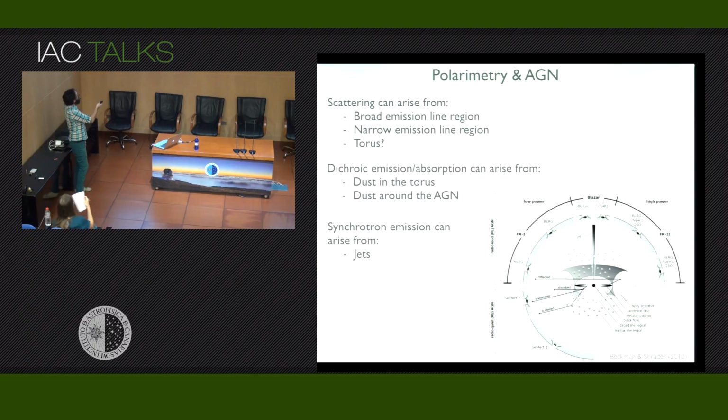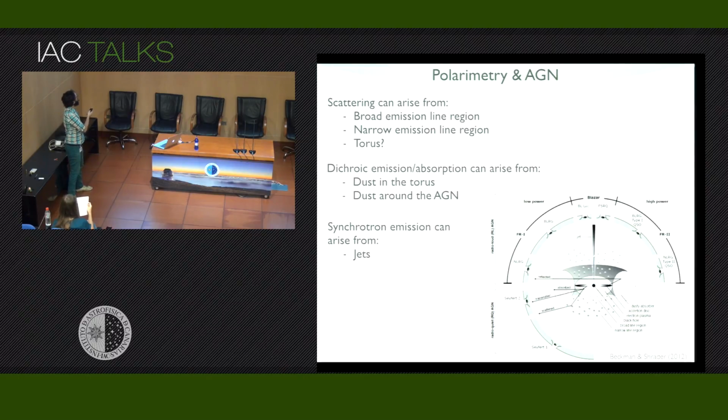We also have the narrow emission line region, a little bit further away from the central engine, above and below the torus, with low velocity dispersion producing narrow emission lines. Scattering may also arise from the torus, but this has not been